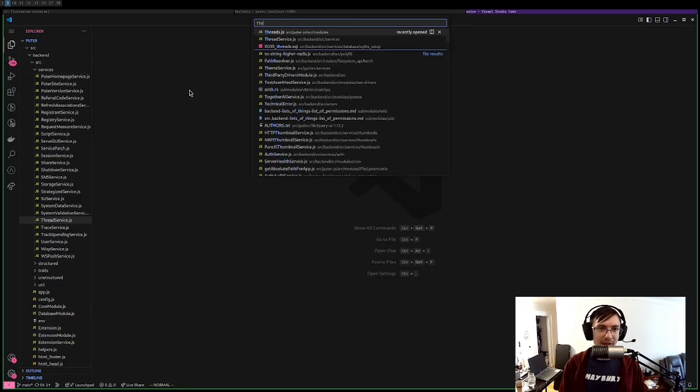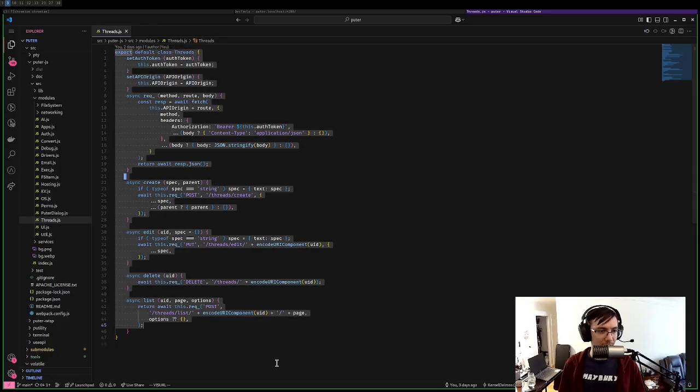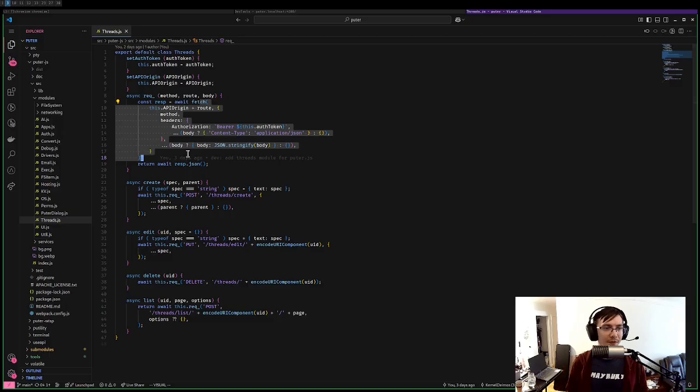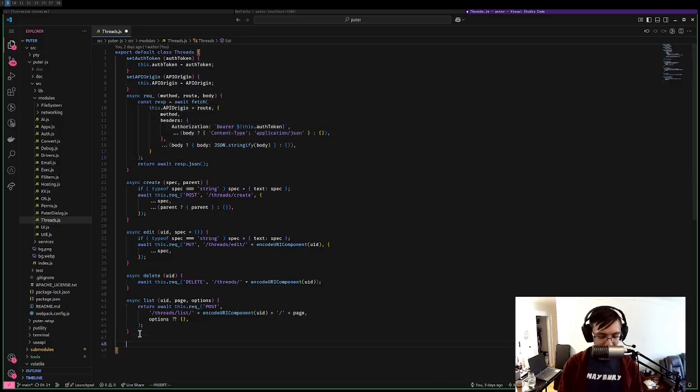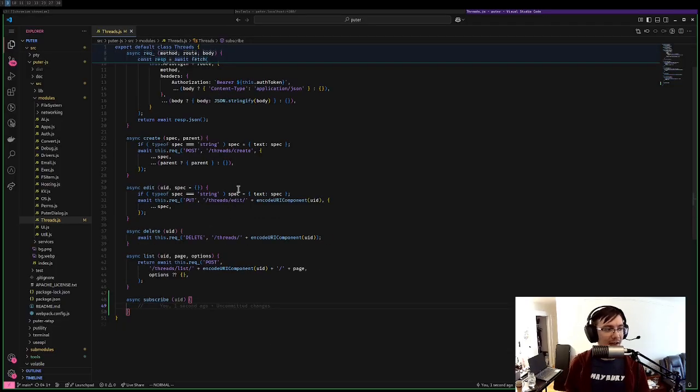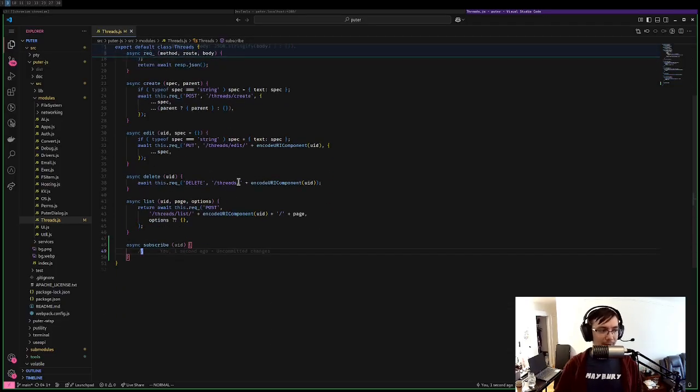So let's take a look at the threads Pewter.js module. So this is pewter.threads inside the browser. All of these make a request using the fetch API. They make a request using fetch to the server. But the subscribe method is going to need to send a WebSockets message, because if I send a WebSocket message, then the server has information about the WebSocket connection through which I would